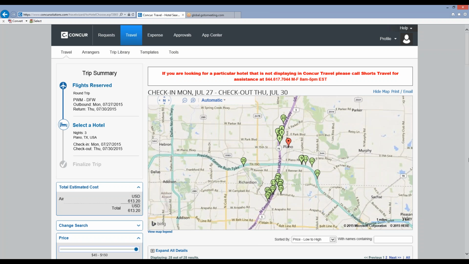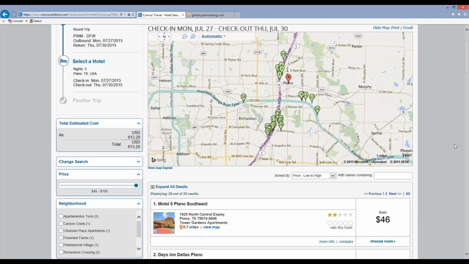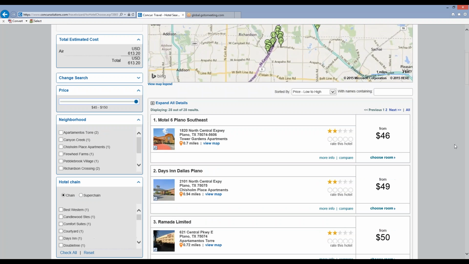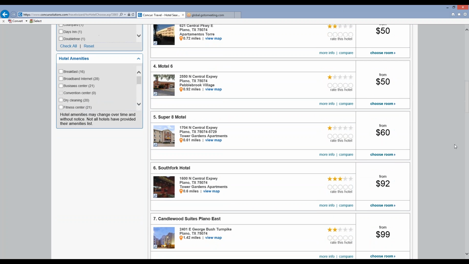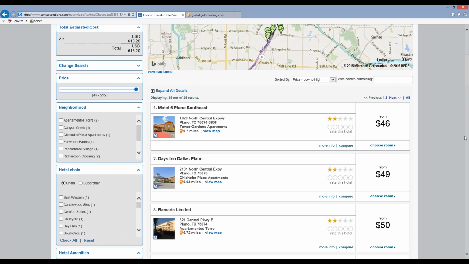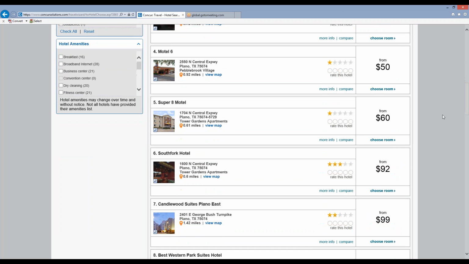So now I am at my hotel, and I mentioned that we're going to be looking at a specific hotel that the conference is at. So I'm going to scroll down. We could plug in their name as part of the filter. I could change the search, add the filter. We've got the Google Maps so we can see where everything is here in Plano. I'm going to scroll down,